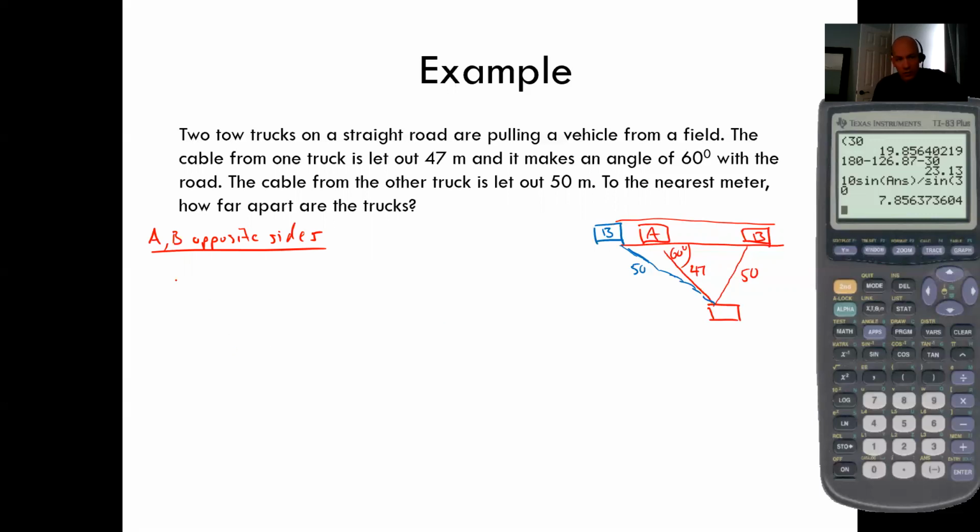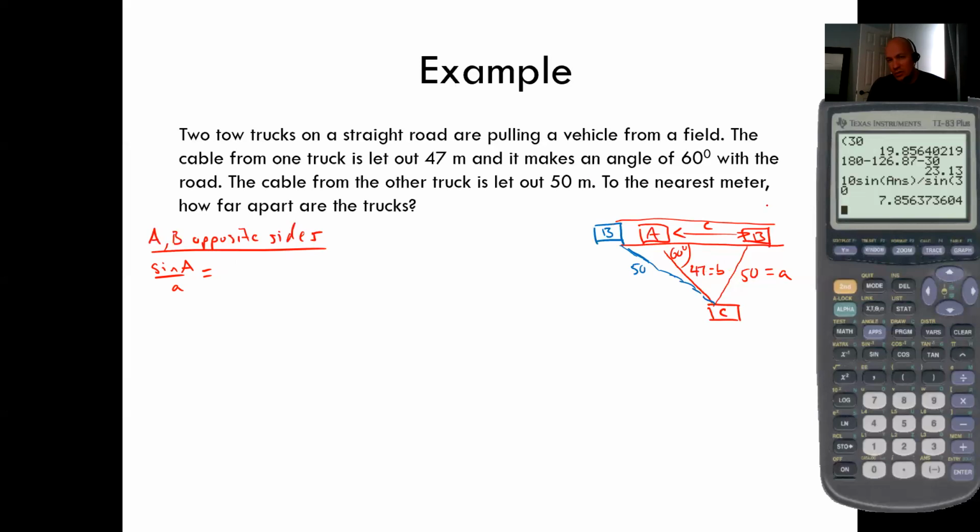Okay, so what should we have here? What can we write? We've got this triangle here. We've got A, B. I guess we'll call the car C. That seems to make sense. That means this side over here is side A. This side here is side B. And what we're looking for is how far apart these two are, so that's side C. We'd really like to know that. Now, what do we actually know? We've got angle A and side A, so we're definitely going to use that. And we're going to set it equal to